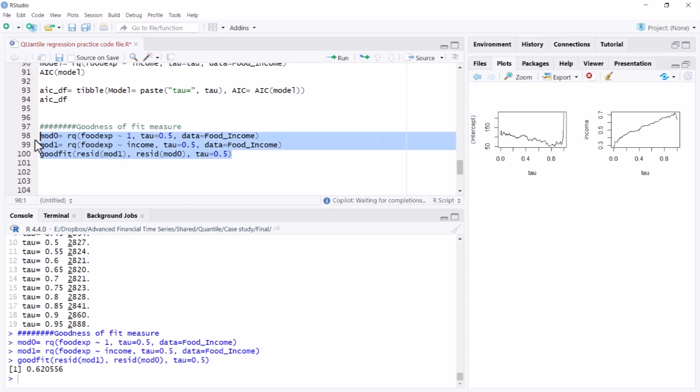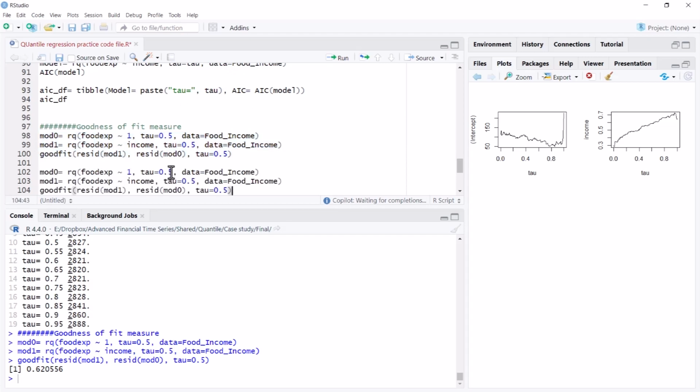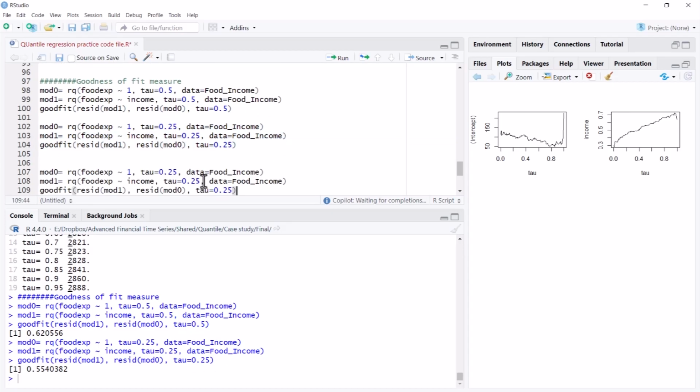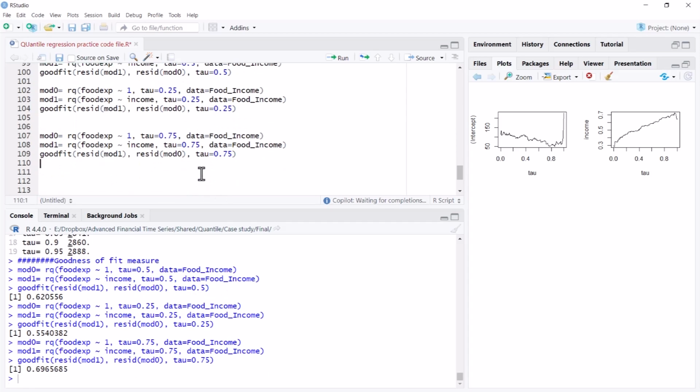Now if you want to change the quantile, it's simple. For example, rather than this, I'll put 0.25. If I run it for 0.25, you can again find your good fit value. It has slightly decreased. Similarly, you can compute it for 0.75 also. Its interpretation is similar to that of the conventional R square. That means your model is able to incrementally explain almost 70% in this case, as compared to your naive model. So the model fitness is almost 70%. You are able to explain this much as compared to the naive model where there was no variable.